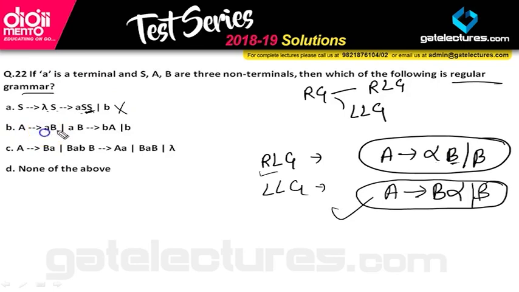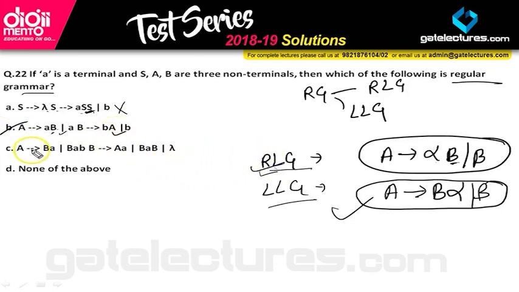Now, one more thing to always remember: if a grammar is given and they are asking whether it is regular or not, then the whole grammar should be either right linear grammar or left linear grammar, but not both. Let's look at option B. The given grammar is right linear: A → aB and a, right? Now B → bB, a and b. So both productions are in the right format of right linear grammar. So option B seems right here.